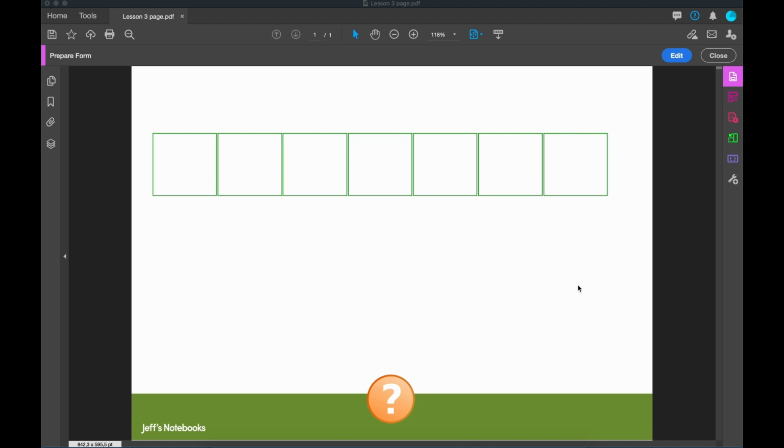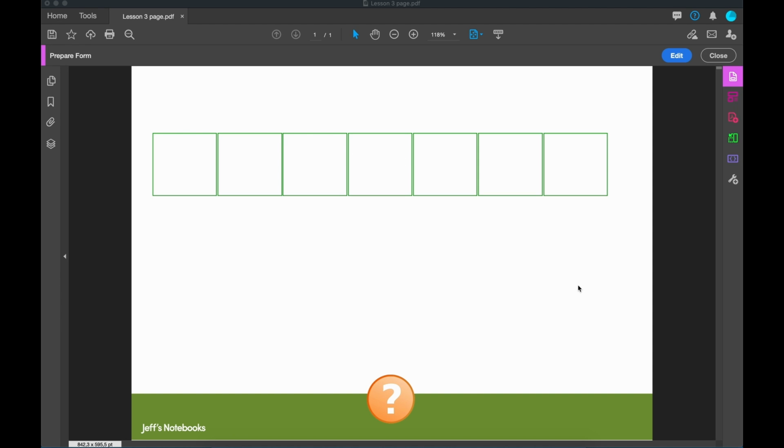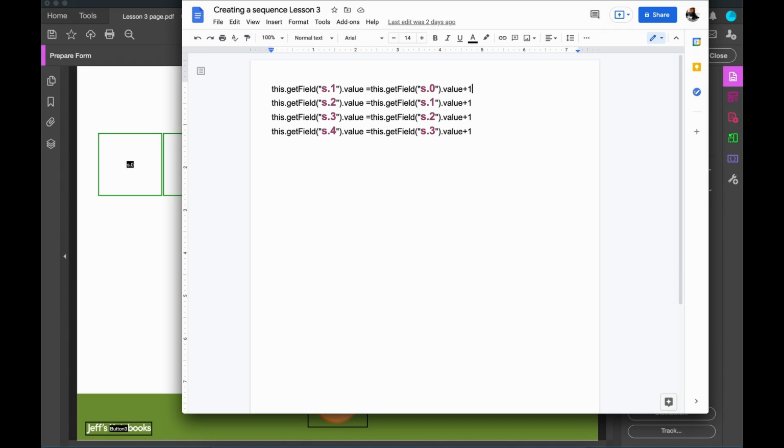For example, let's create a sequence where the first term is any number between 10 and 20, and the difference between each term is anywhere between 2 and 10. We'll begin by using the JavaScript that we built for lesson 2 and adapted for this lesson. This is the code that we used in lesson 2, and I'm going to copy and paste